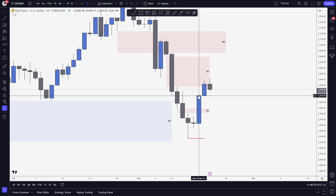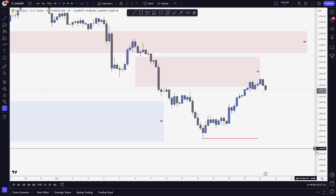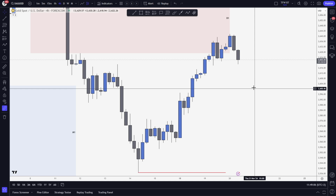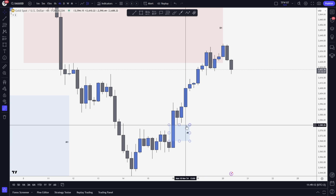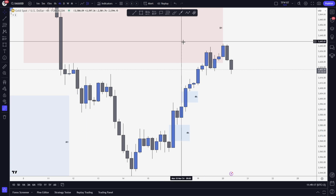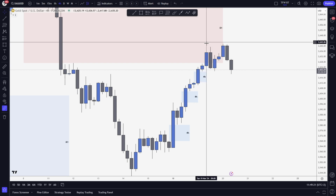Monday opened and just massively expanded. That daily imbalance was immediately invalidated. And then you can see on the hourly time frame, it was a little bit suckish, because even if you wanted to take longs, for example, I was looking at that hourly bullish imbalance, it didn't really get tapped. Then we had, for example, that one here, which also didn't get tapped. And then we finally started getting this one right here that actually tapped, but then we were already at that